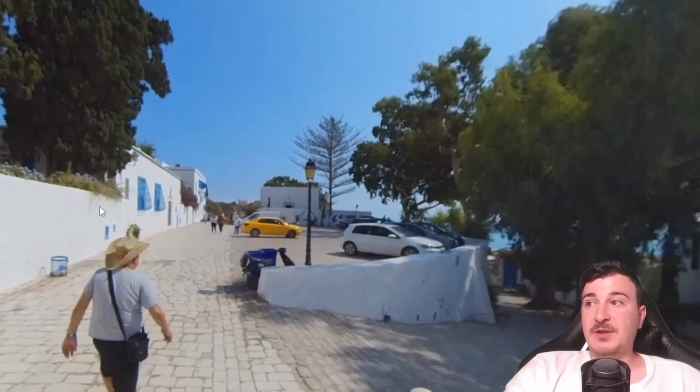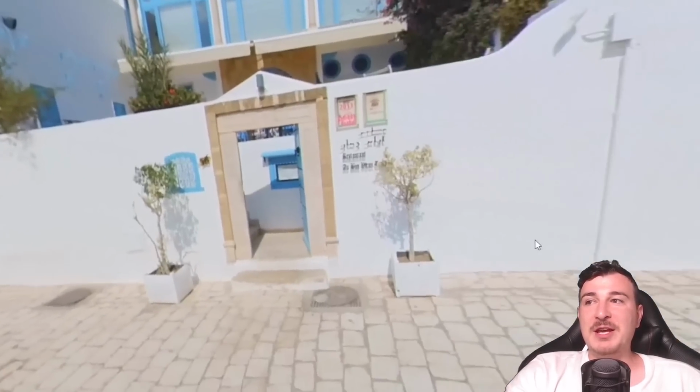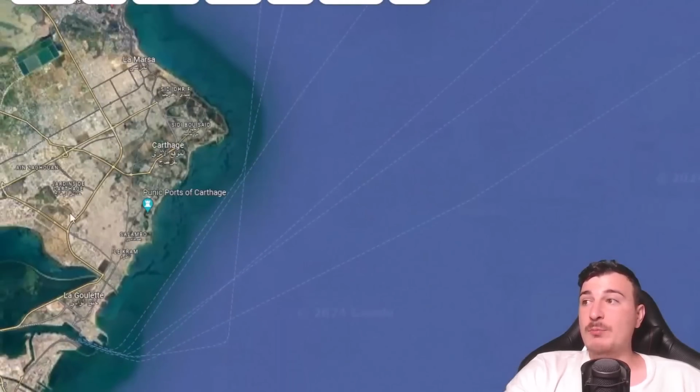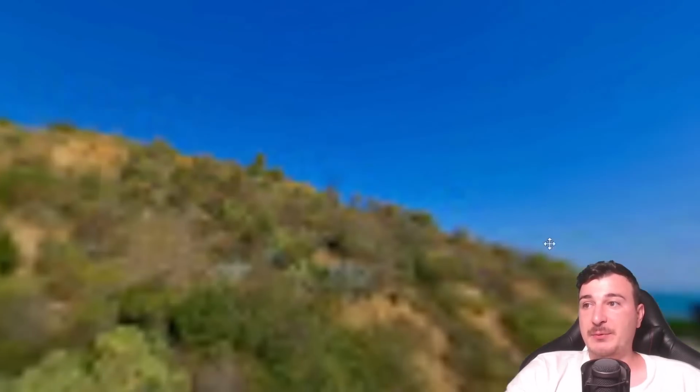Just amazing. The colors are pretty much white and blue for all of the buildings. They're like really historic buildings, really awesome buildings. And the views are amazing. You see this whole bay over here. It is just insane, the freaking views. Actually insane. I don't think we can find a good one on...